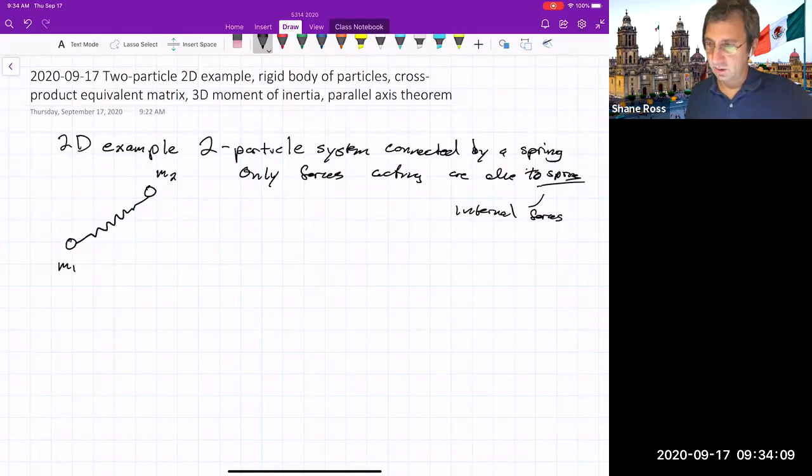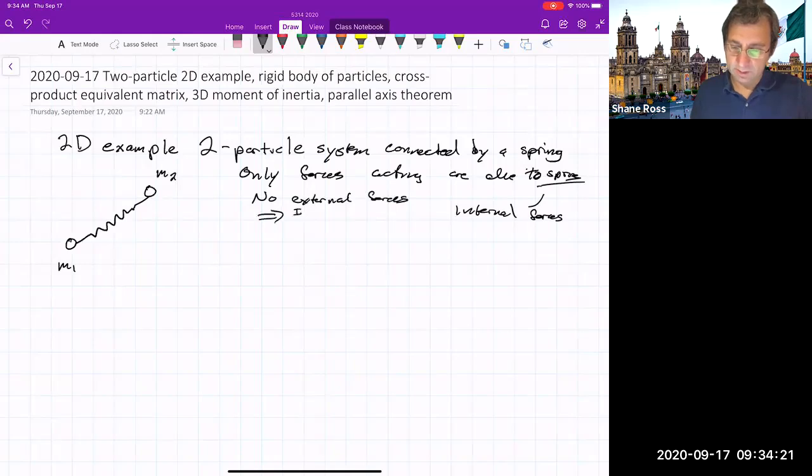There's going to be the force on particle 1 due to particle 2, and vice versa. So no external forces. Because there's no external forces, that implies that the acceleration of the center of mass with respect to some inertial origin, could be some arbitrary origin out here,